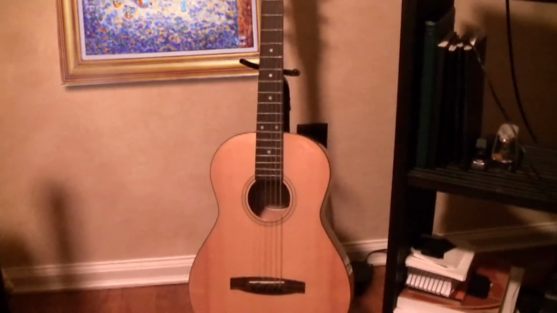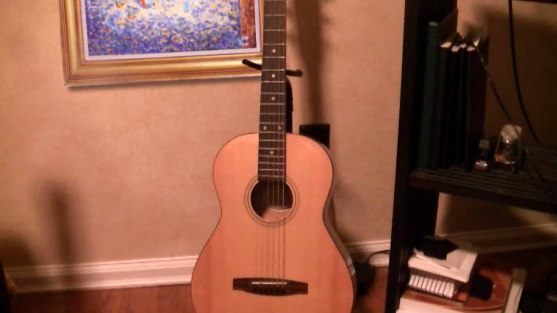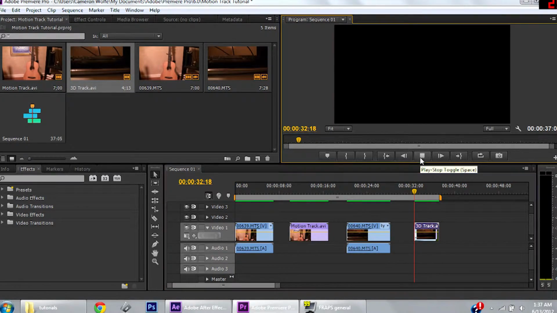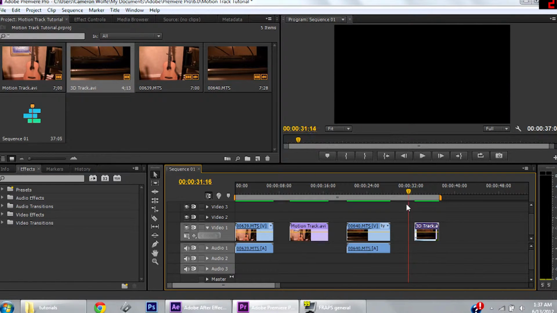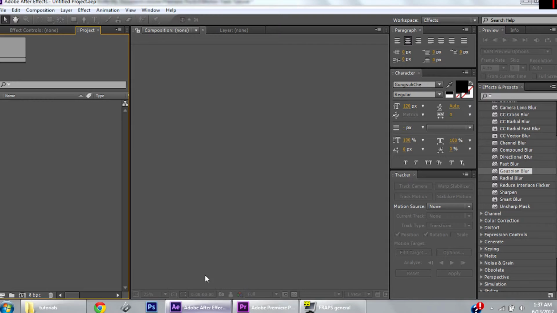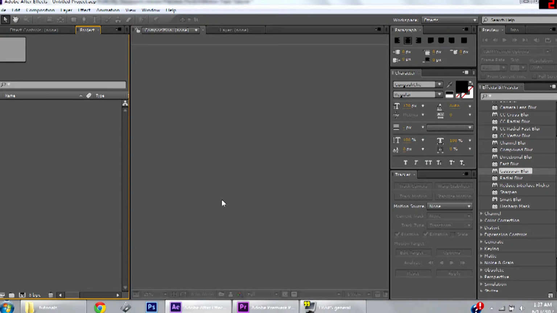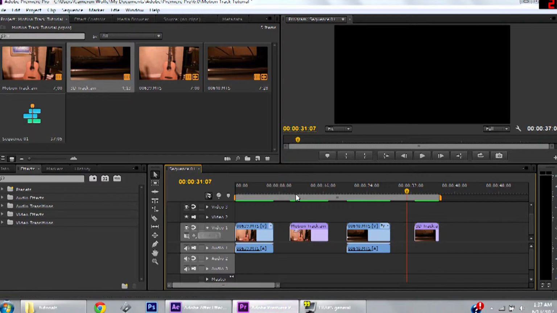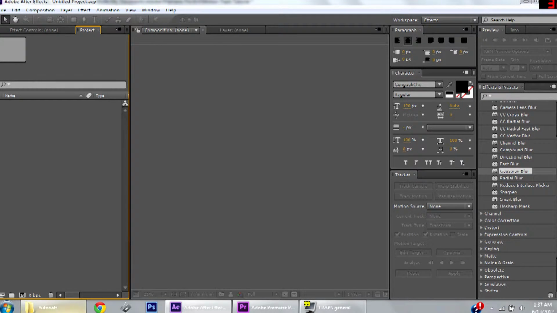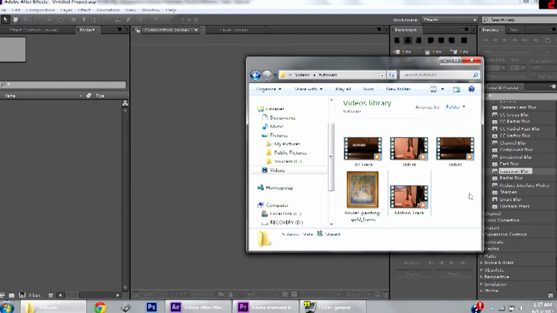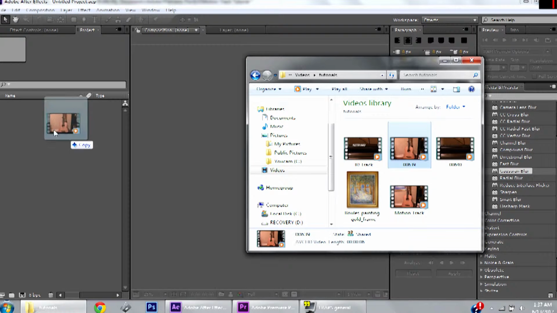So I'm going to teach you how to do something like that, and then do a 3D tracking. So you'll get this. So it looks like the word keyboard is sitting there in space, hovering right above the actual keyboard. So let's get started right away. I'm going to start with the normal motion tracking first. So let's bring up After Effects, and let's bring in our video clip that we want